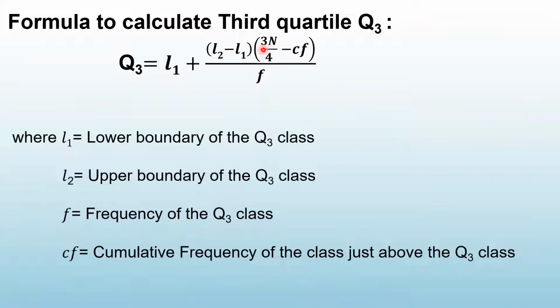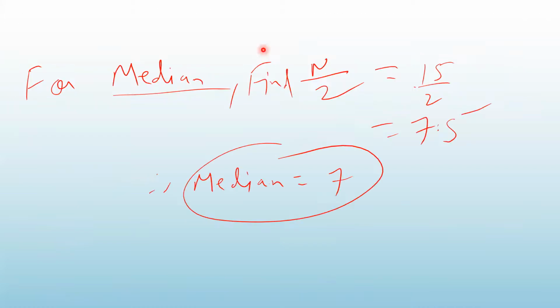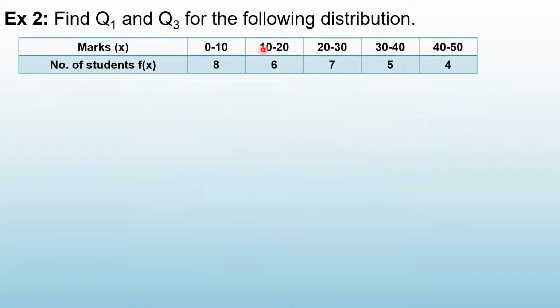That's all. Okay, so now let us quickly solve the problem. Unless you solve the problem, things will not become clear. When you solve the problem yourself, only then will you get a clear picture. Okay, look at this. Find Q1 and Q3 for the following distribution. What type of data is it? Look here. Marks are given as a class interval. Can you make out the difference? In the problem we did earlier, the actual value of marks was given. Here an interval range is given. Okay, and the frequency is also given.